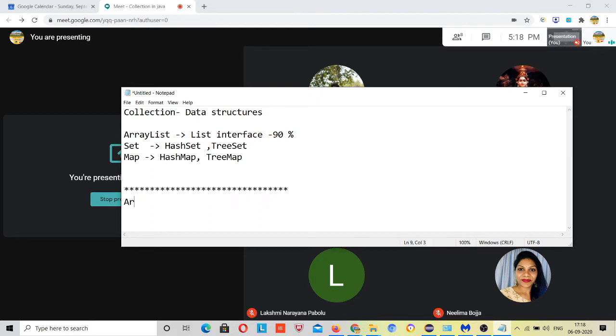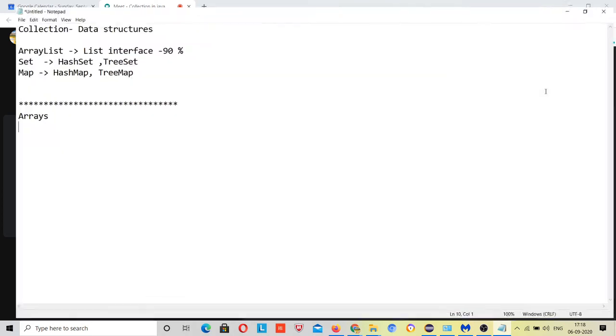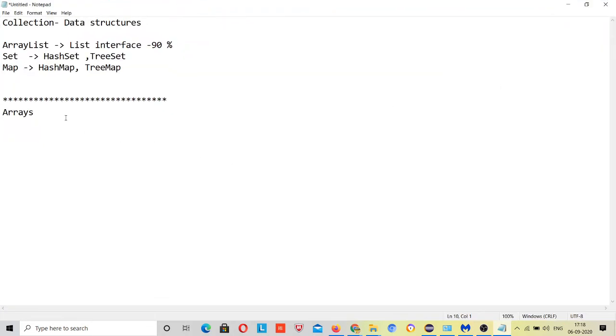We have arrays, so we can store data in arrays. I have already given 2 to 3 hours of lectures on arrays: 2D and 1D arrays. Array stores the data.